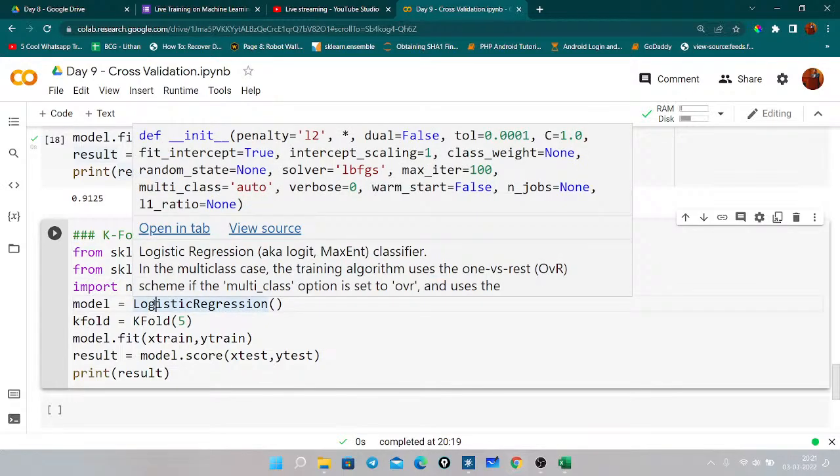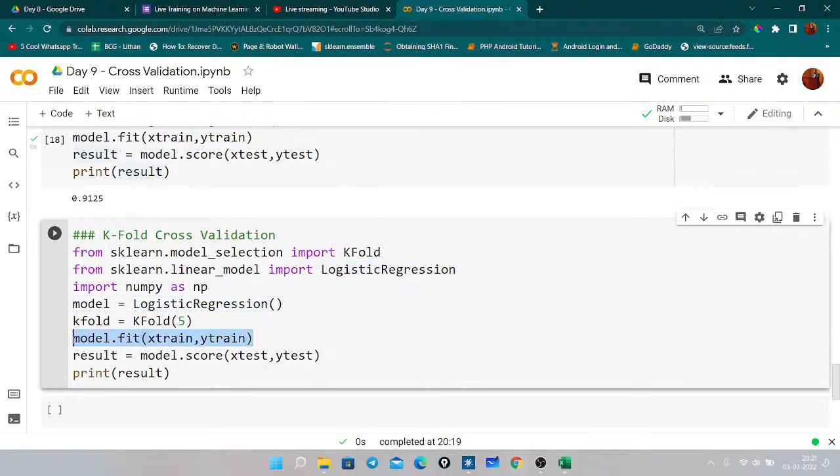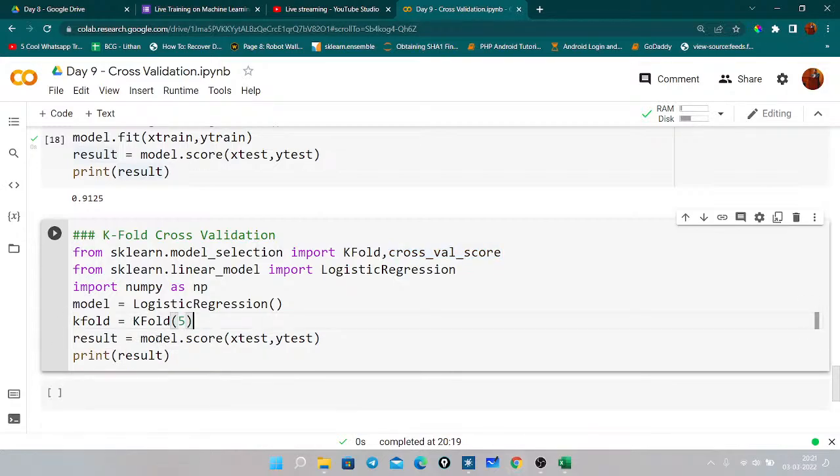Now after this, to train the model, we don't train it in this way. If you are using cross validation, we never train the model this way. So how do we train the model? We'll import one more library, which is cross_val_score, and we'll call this function to train the model. I'll remove this line. So result equal to cross_val_score,